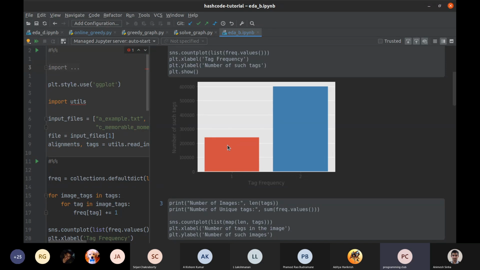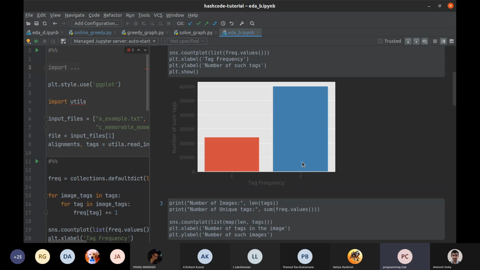Which images? Those images which share a tag. You can also say that in other problems the tags are also being shared, right? Some tag might occur 3 times, 4 times, or 5 times, but in this problem we have tags that occur only in 2 images, so we can apply very specific, targeted approaches to this problem.